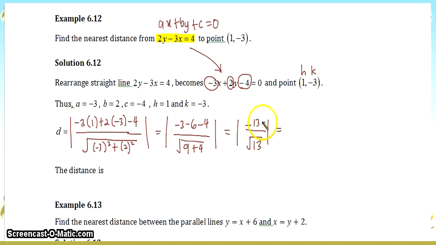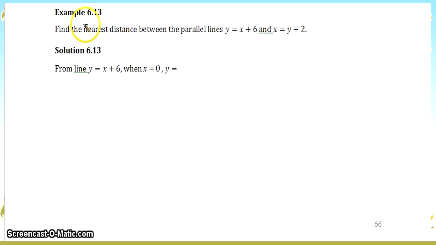Now, because of the modulus, the distance from the point to the given line is 13 over square root 13. Therefore, the distance from point (1, -3) to this line is 13 over square root 13 units. Okay, now for example